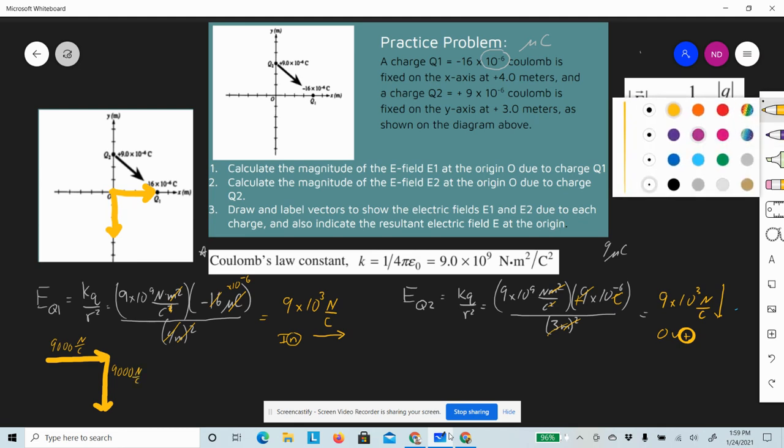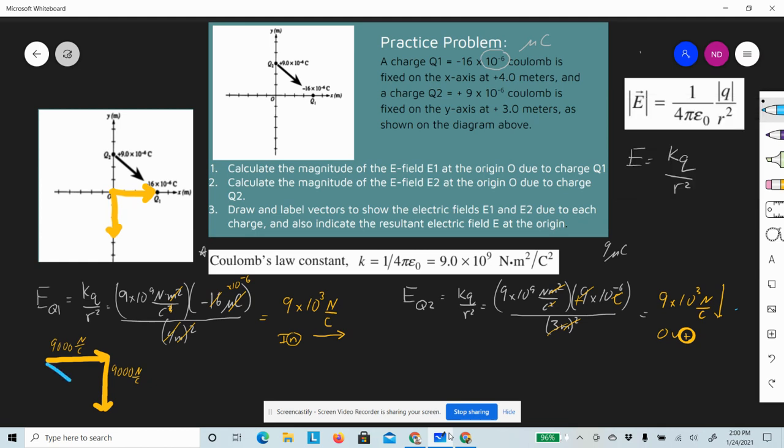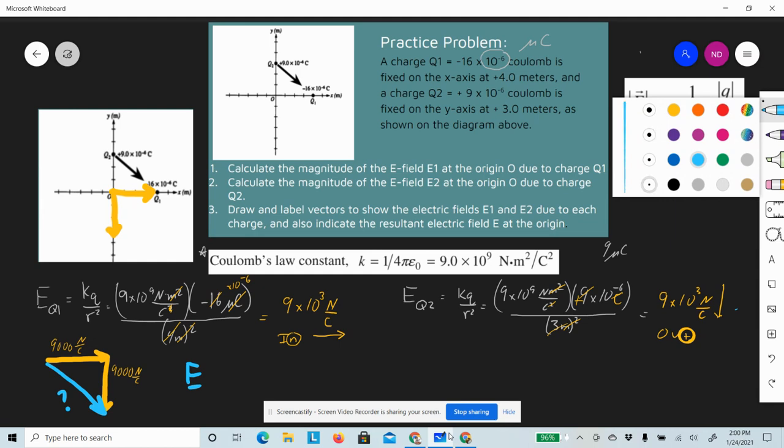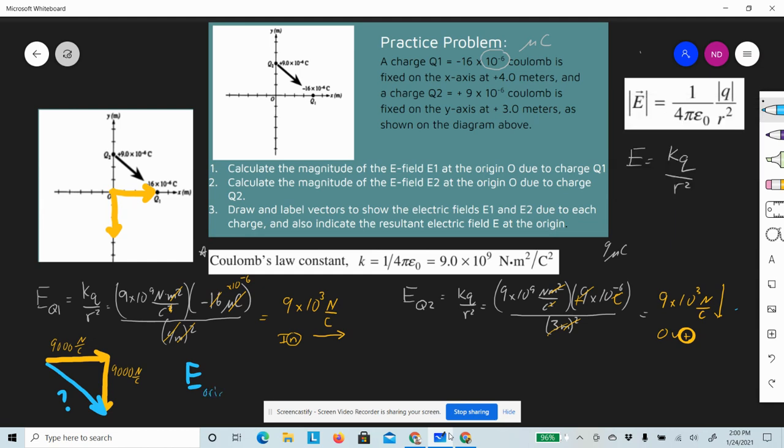The resultant will be, right, doing Pythagorean, 9,000 plus 9,000. The E at the origin, let's make that a little smaller. The overall E at the origin is going to be